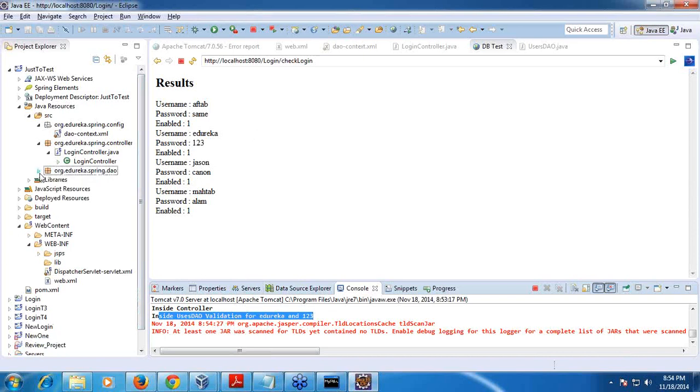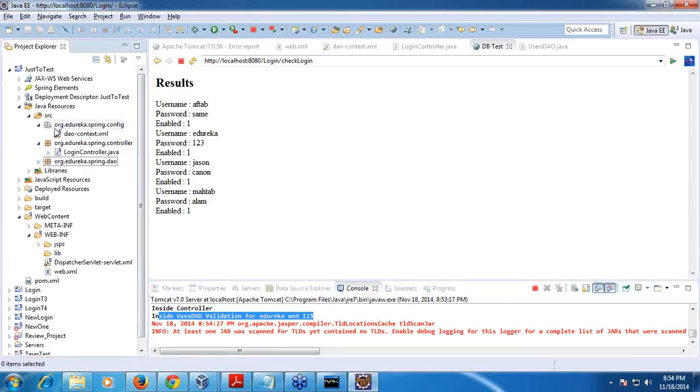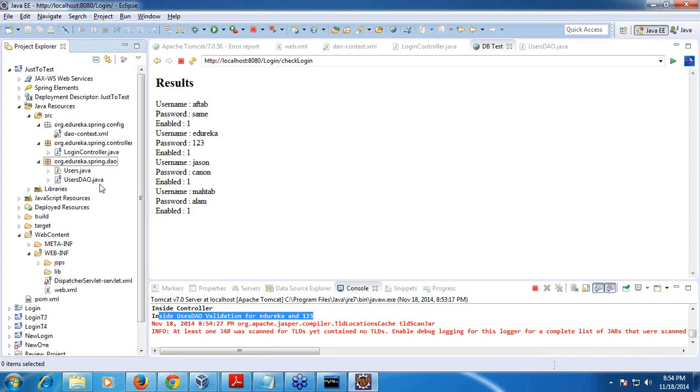To quickly recap, what we have done is we have added DAO classes separately and then configured that in XML so that we segregate all these concerns differently: business logic, UI is separate, JSPs are separate, and then the login controller, that is the dispatcher controller, the main controller, is separate.